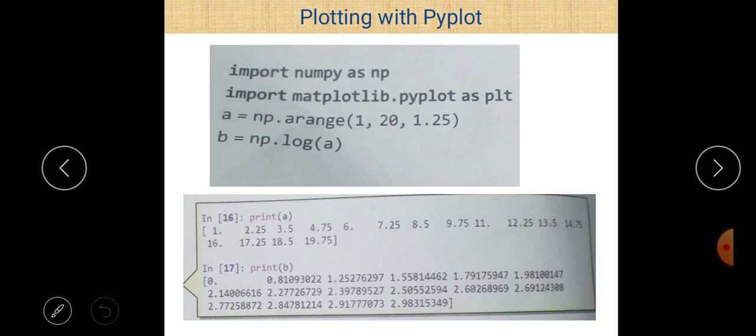So what is the use of the arange method? The arange method basically starts from the value 1, you can easily see that in the output, and goes up to the last value, which means up to 20, with an increment of 1.25. So the first value is 1, and 1 plus 1.25 is 2.25 here.